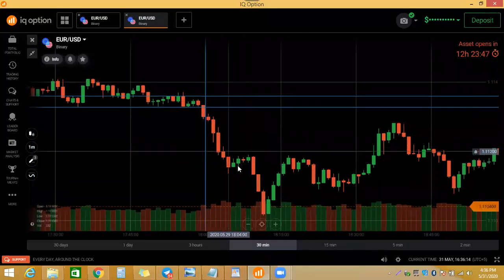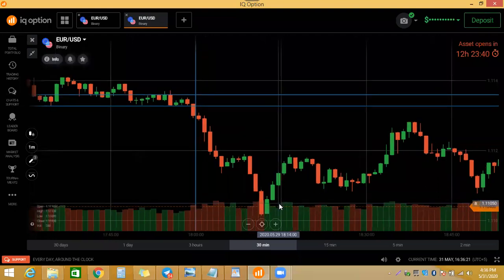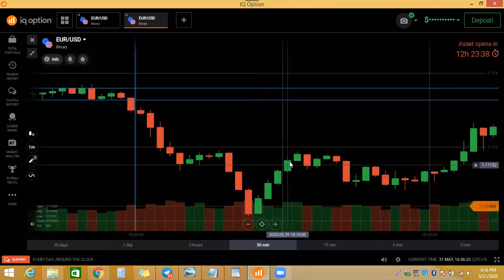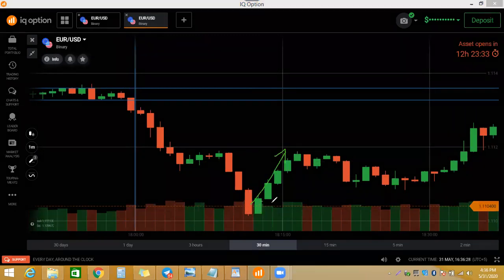After the pullback, some candles come down, and then again we find a reversal pattern. This reversal pattern is not validated. Look, this reversal pattern is going down and up, but the candles are not validating. Look, the volume is going down. Here we found this type of volume increasing, but it's not validating the trend. The trend is going down. So you don't place a call option for 5 minutes. If on the first candle or the second candle you find rising volume, you can place a 5-minute call option, it will go up.